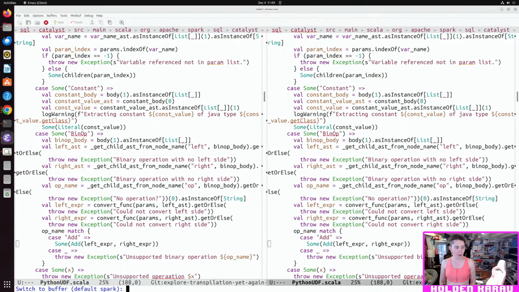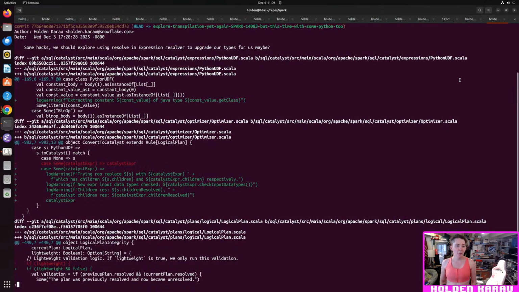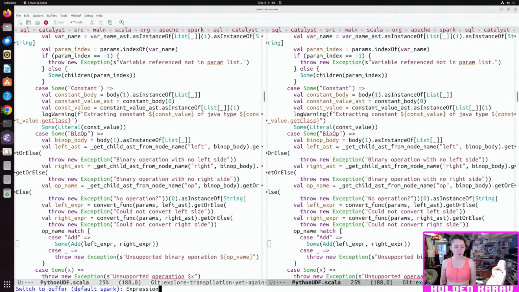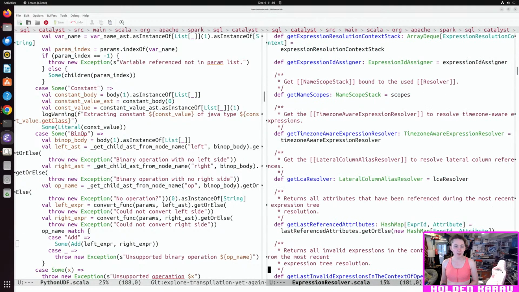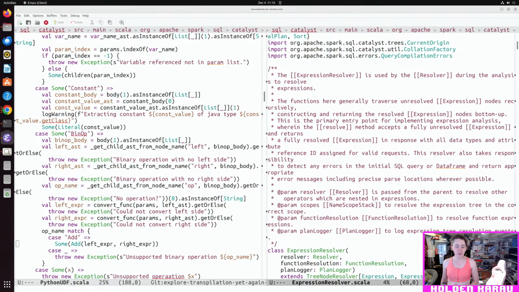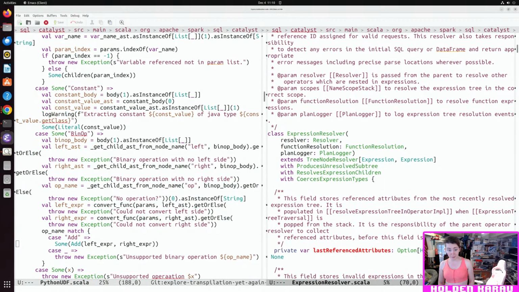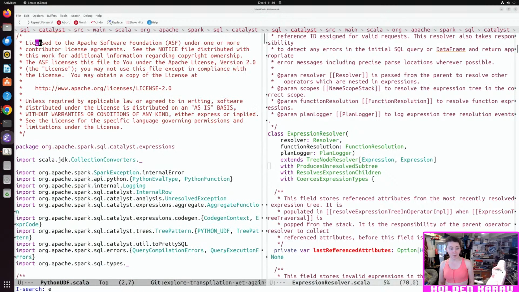So our note said maybe we should use the resolver, the expression resolver. Okay. Expression resolver dot resolve. I mean, that seems like a thing that we might want to do. Where is this expression resolver instantiated from? Like, how do we get the expression resolver? Expression resolver. Okay. Where are you used, I guess? Or do we need the full expression resolver, or can we get away with just resolver? Let's go take a look at resolve.